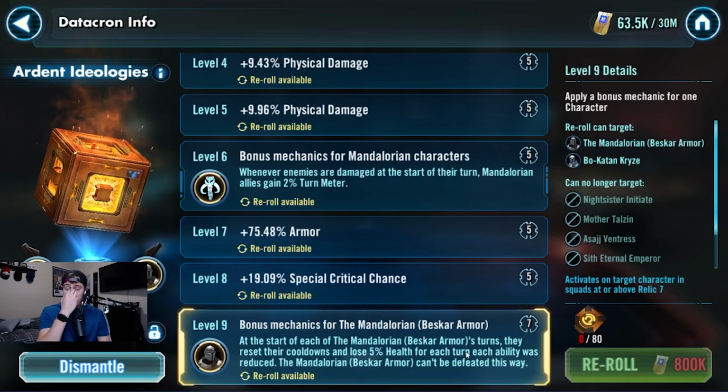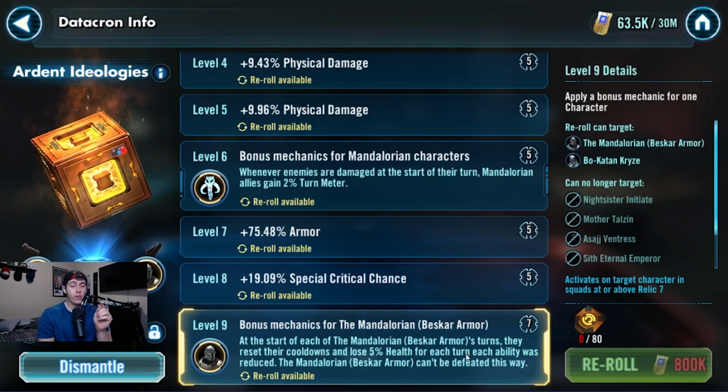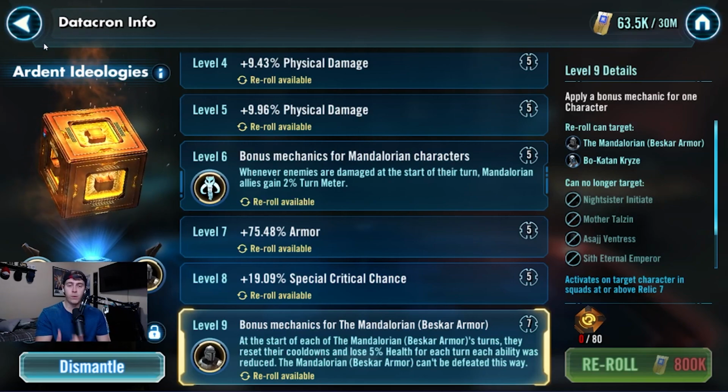This is actually really good to take out some of those Lord Vaders. It pretty much resets his cooldowns at the start of each turn. There's one for him and there's also one for Malgus, and I have both of them. They're pretty nice. But the thing I was going to mention is I want to use this